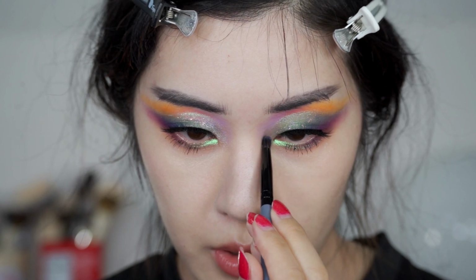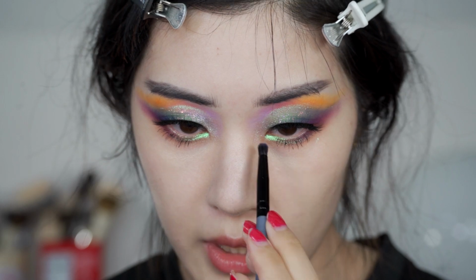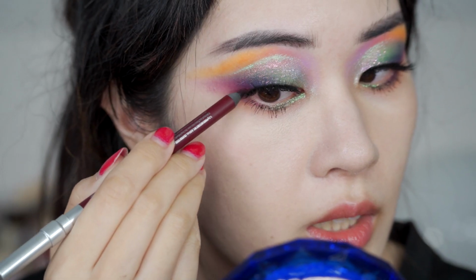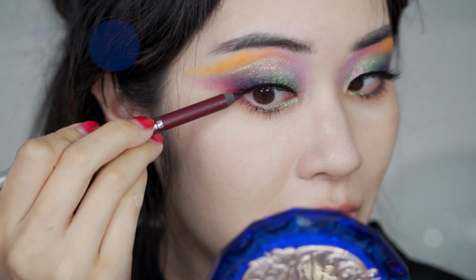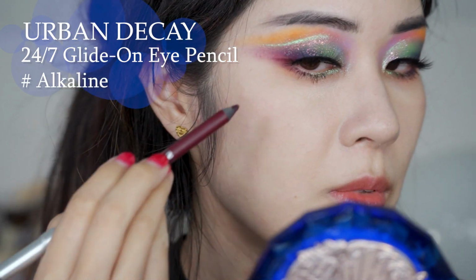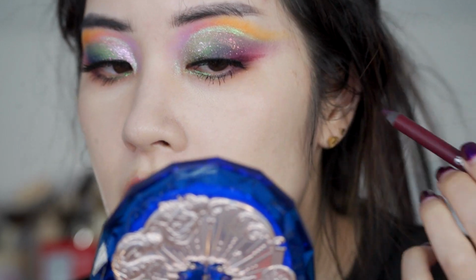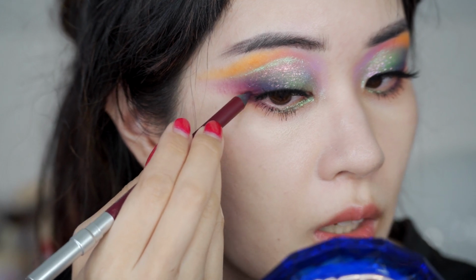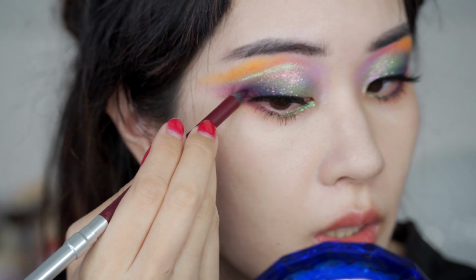So I do agree with the online sentiment that the shimmers are far outperforming the mattes, and these are some really unique tones. I know this eyeliner is kind of old, so it may be a little bit dry, but let's see if I can still make a wing with this. I may have to cut off the dry part. I mean, it's still there. So I used the paper towel to rub off that top layer all around the point, and let me see if I can get a little bit more depth now. Okay,